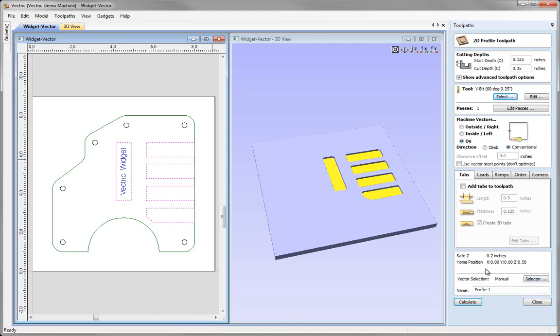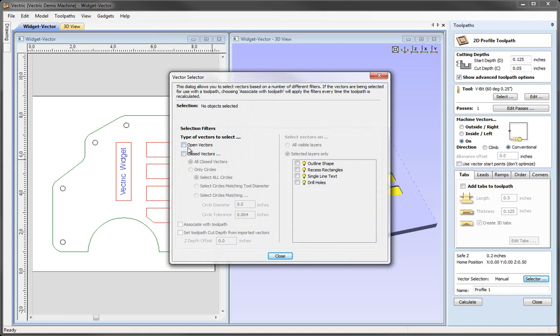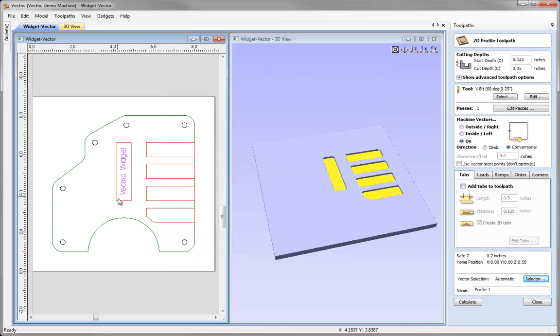As before, I'm going to use the vector selection tool here, so I'm going to hit selector, type of vectors to select. I'm just going to say all vectors basically, so open and close vectors, but only on the layer called single line text. And again, I'm going to associate that with the toolpath, so that if I recalculate that toolpath, then it's going to automatically look for the same criteria of selection in order to apply the values of the toolpath. So if I go ahead and hit close, it's showing me in pink what's been selected here,